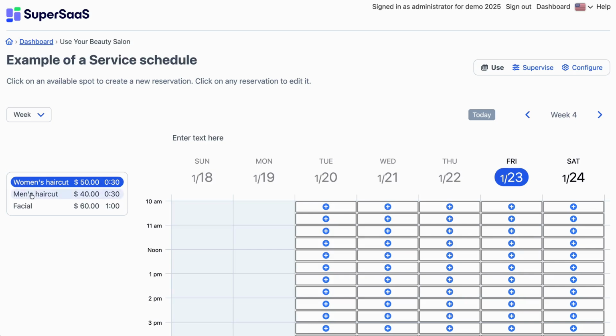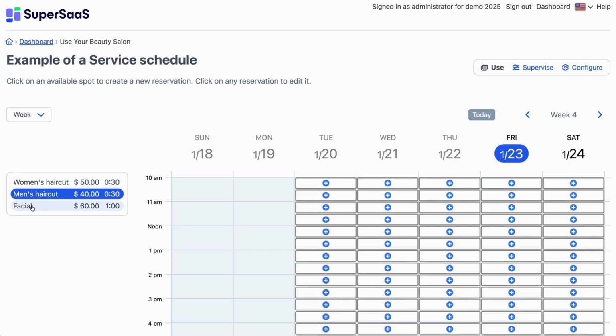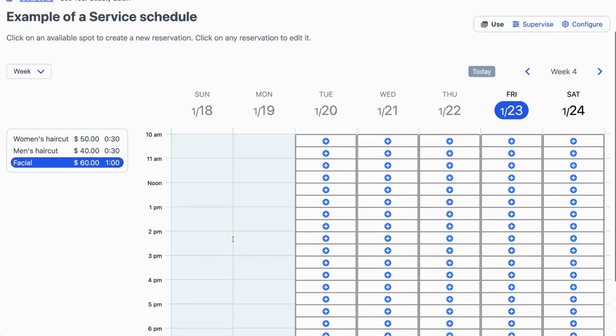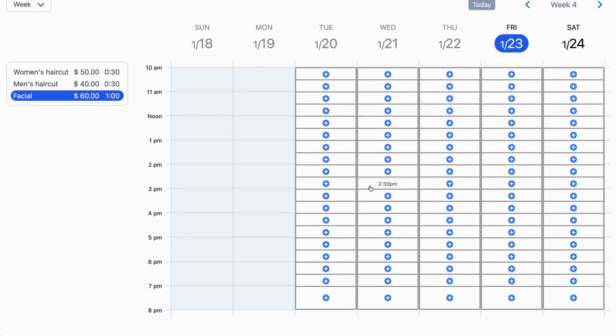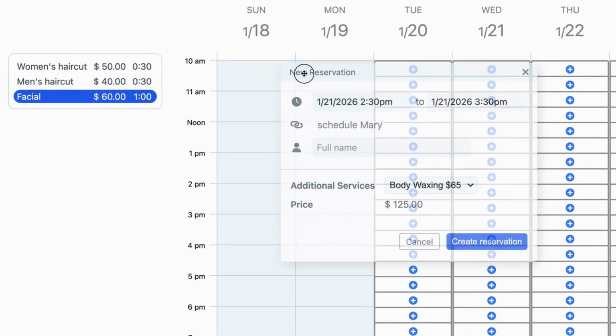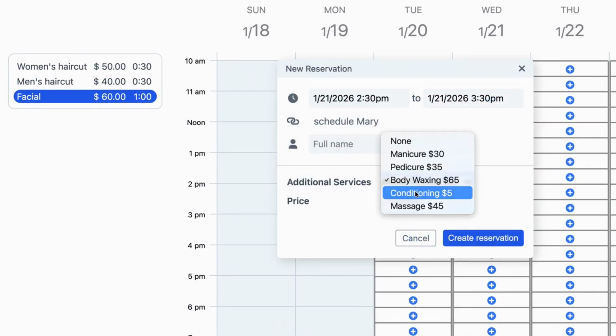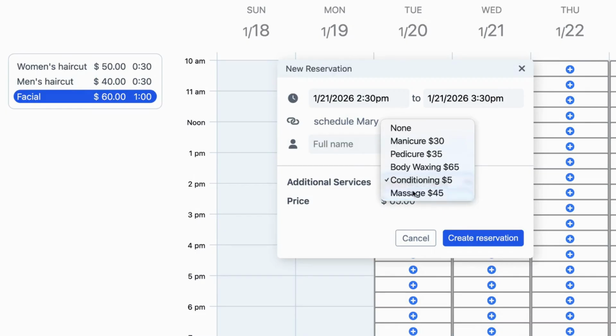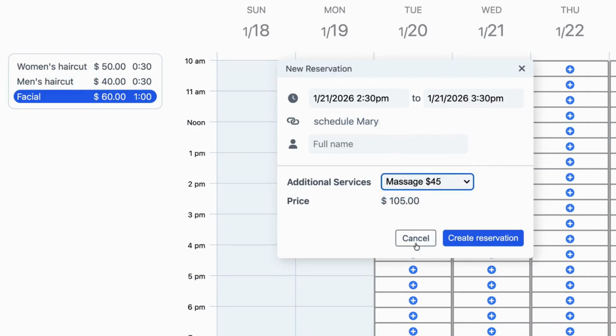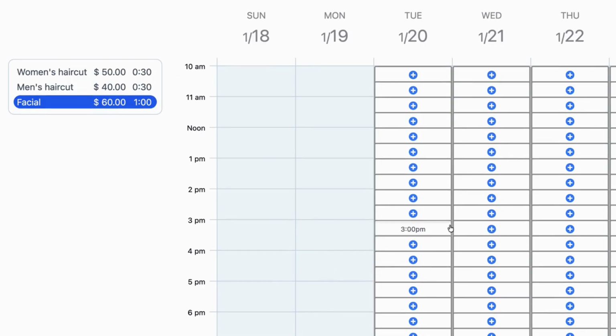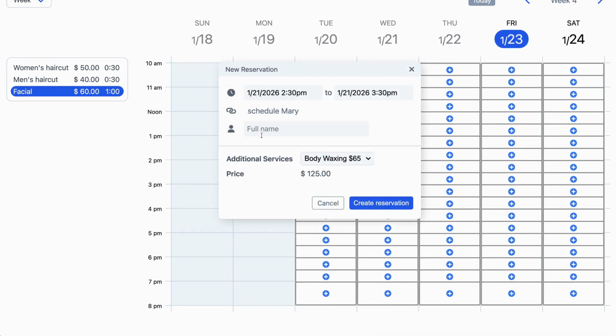In this video, we'll show you how to quickly set up a service schedule like this one that allows your clients to select one of your services and then book an appointment. The schedule will combine other schedules into one and calculate a price. If you haven't seen it yet, you might find it helpful to watch the introduction video first. In that video, we briefly explain the benefits and features of using a service agenda in Super SaaS.